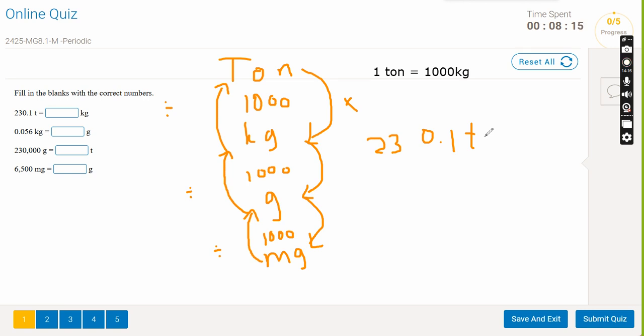So 230.1 t is equal to, let's multiply by 1000. Where will the decimal point move? And how many times will the decimal point move? The decimal point moves 3 times. Why? Because we have 3 zeros. And in multiplication, it will make the number bigger, so we'll move to the right. 1, 2, 3. So the answer will be